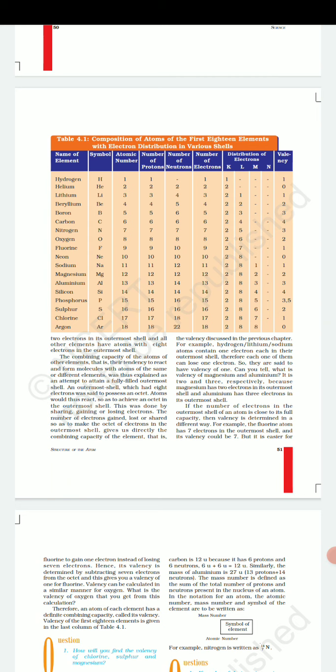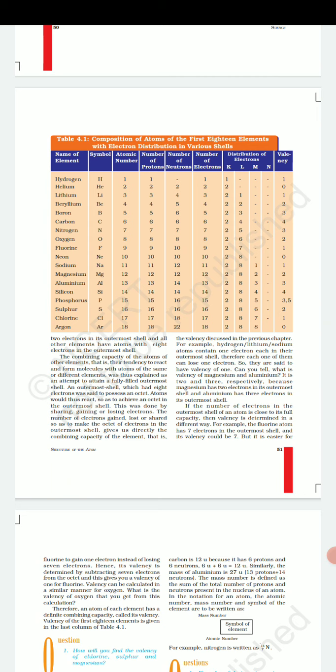Now let's go with the valency. For the valency part, you can see helium, neon and argon. These are stable noble gases. In helium, a maximum of 2 electrons are there. In neon, 8 electrons are there in the outermost shell. And in argon, 8 electrons are there in the outermost shell. For these, in which the shells are completely filled, helium is forming a duplet, and neon and argon are forming an octet. For these cases, valency will be 0. They will neither gain electrons nor lose electrons.